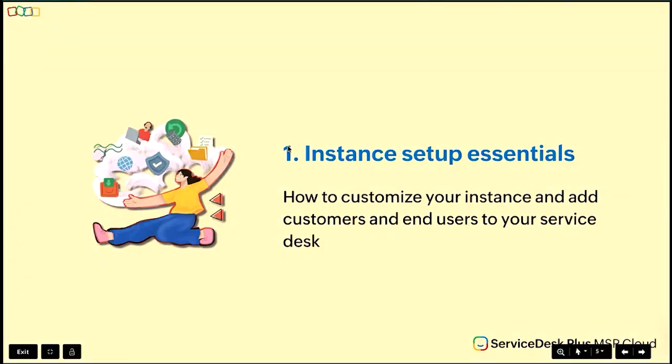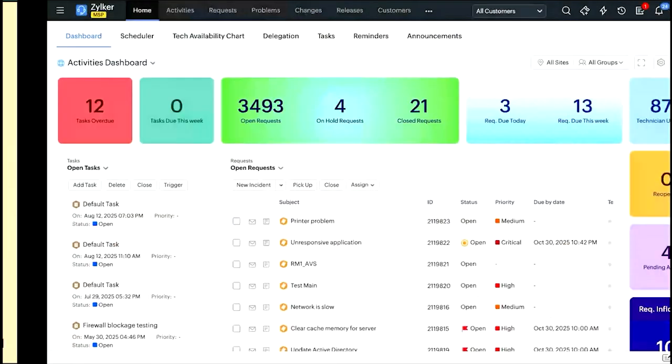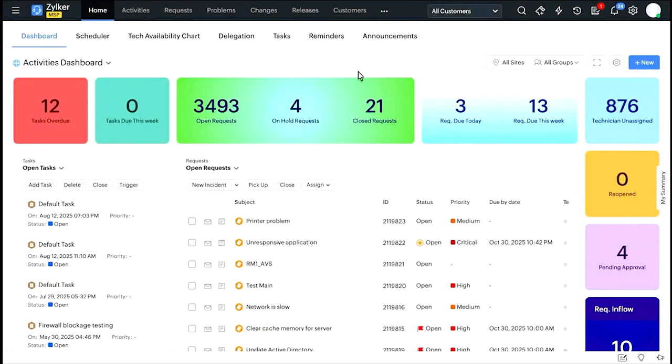Now, first up, we're going to talk about how we'll set up your instance and how you can customize the different basic settings in your application. Right. So I'm going to dive into the admin login of ServiceDesk Plus MSP Cloud application. As an MSP's IT admin, you'll be able to check out all